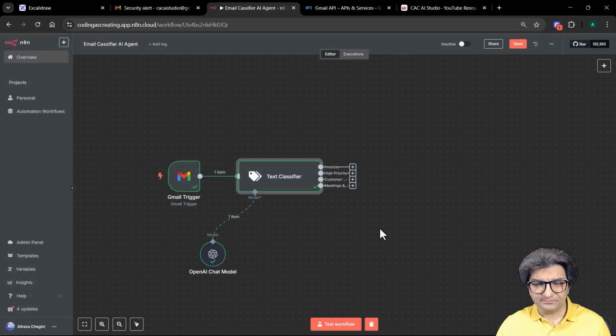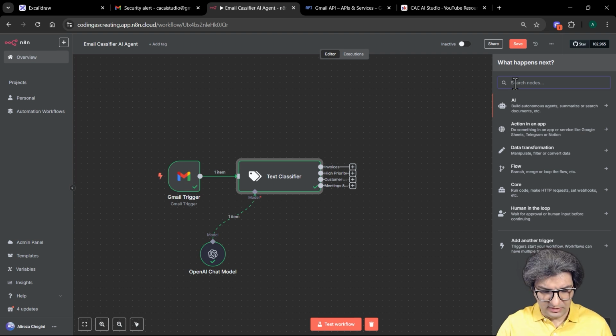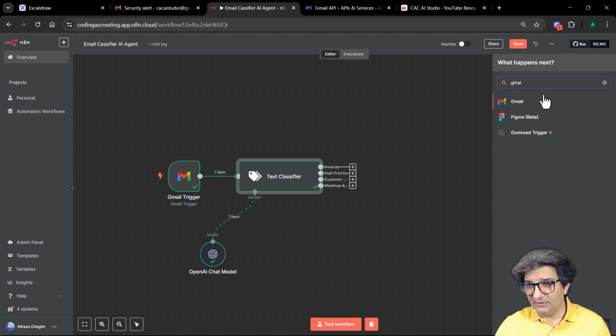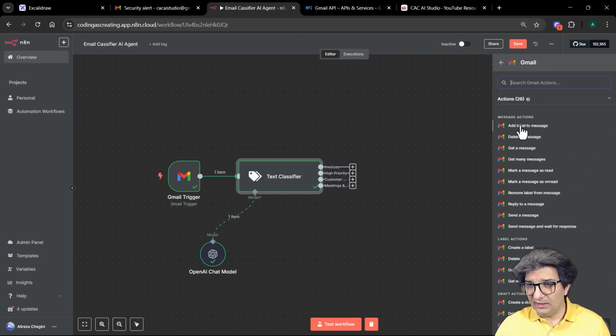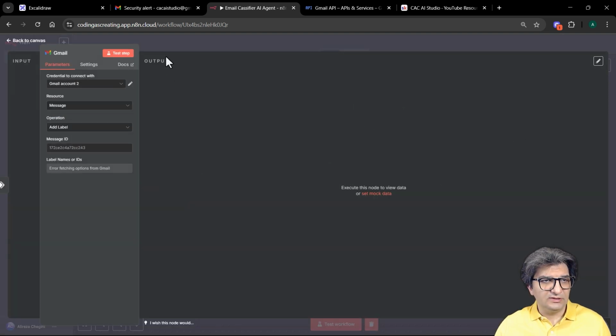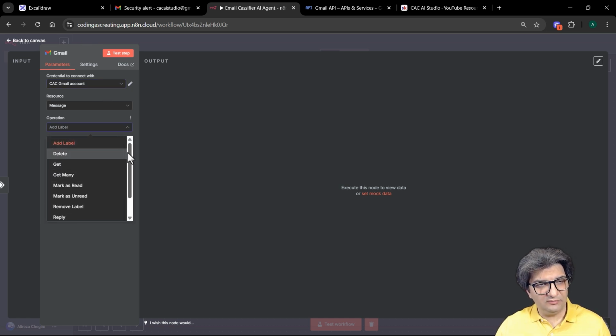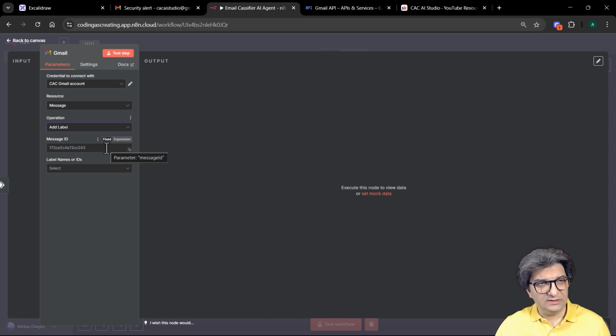Okay, so now let's add the next one, which is the Gmail adding label. So we click on the Gmail, and it says add label to message. So here we choose credential, and for the label it's the adding label. The operation we'll leave as it is. The message ID